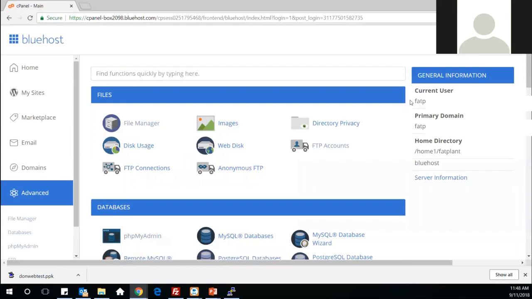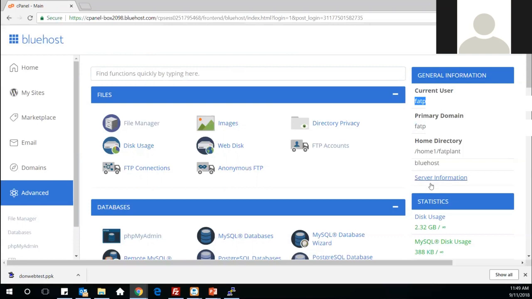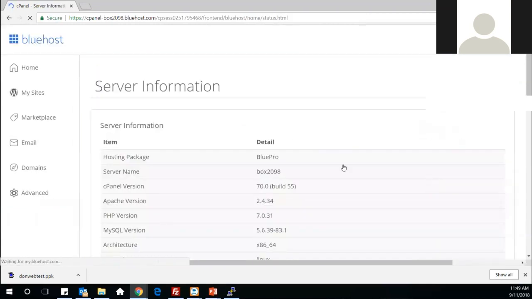But once you're here, you will be given some information on the right-hand side under General Information. Now, I will be blurring out most of this information because I don't want you to have some of this content, but one of the things that you do have here is a current user. The user name here is going to be important as well, so I suggest you note it down. And if you come down a little bit, you will see another section that says server information. So if you click the server information button, it will take you to a section